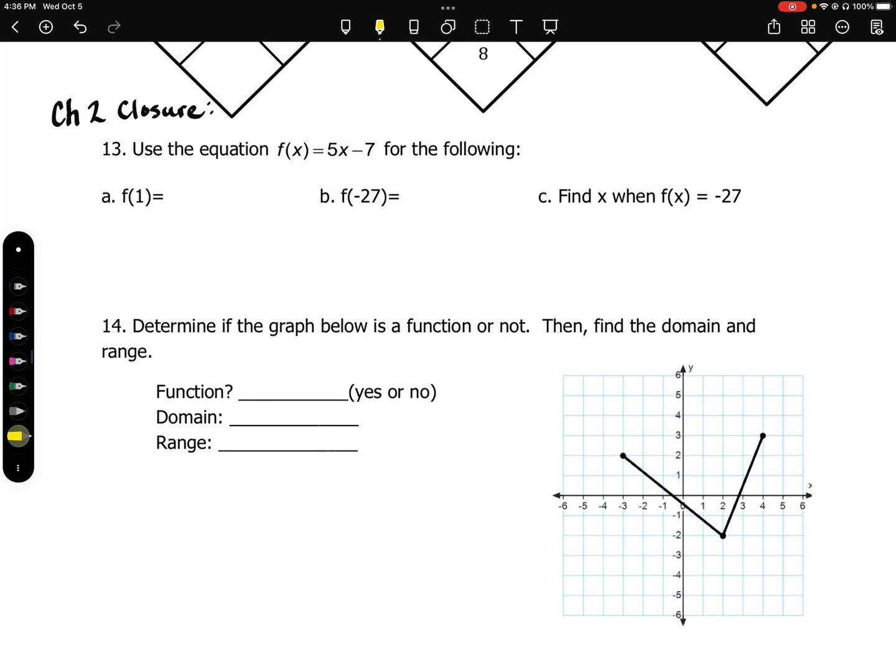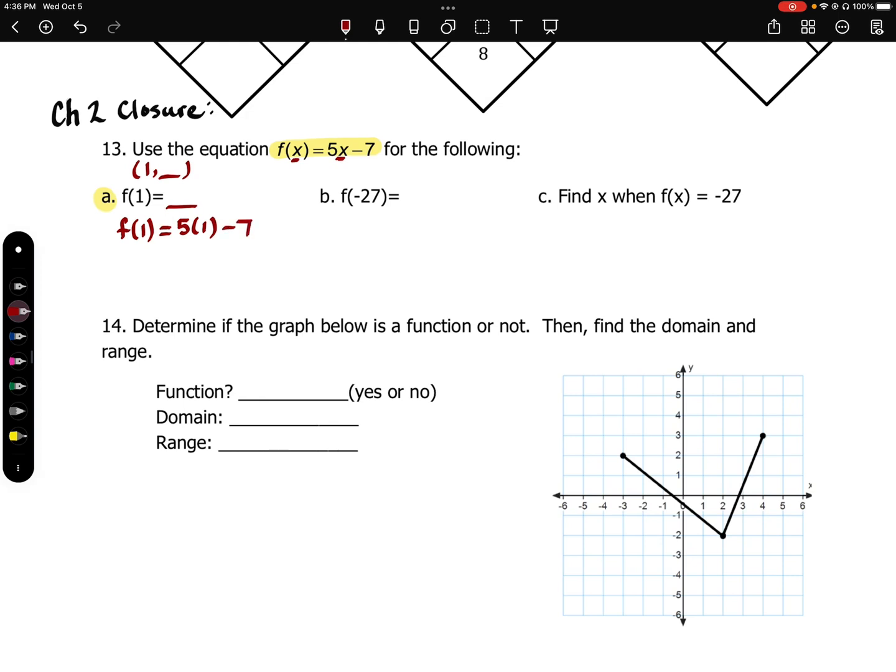Number 13 says use the equation f of x equals 5x minus 7 for the following. Letter A says find f of 1. Remember, this right now is an input. We're going to put 1 in for x and figure out what the output is going to be. So let's take that 1 and substitute it into our equation wherever we see the x. Our function f, when we plug in 1, is going to equal 5 times